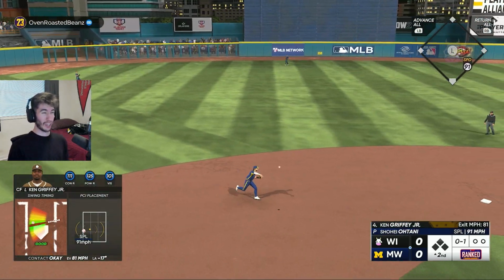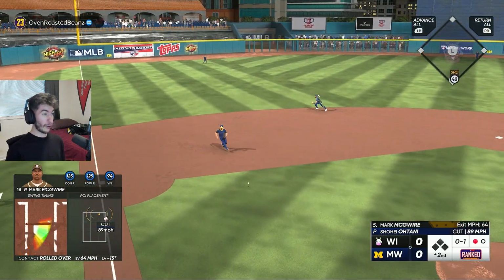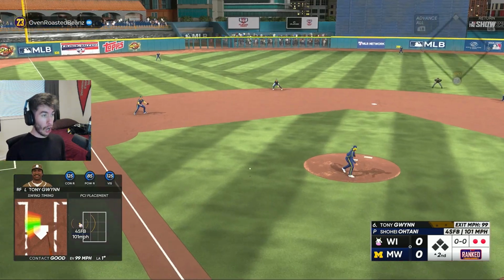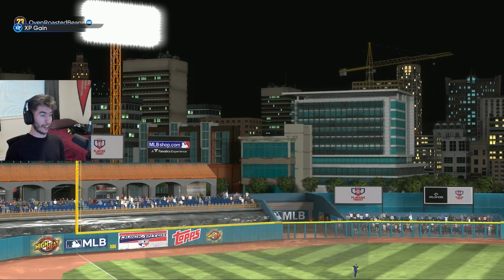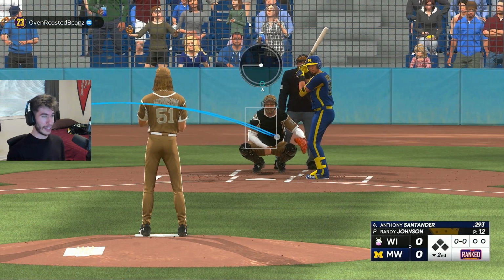Starts our half of the second with a grounder to shortstop for out number 1. Mark McGwire grounds out to the third baseman for out number 2. And then Tony Gwynn's making his debut today. That's another pretty good swing right there. We've had some of those already here. Nothing really to show for it, but if we keep getting good swings, I think the hits and the runs